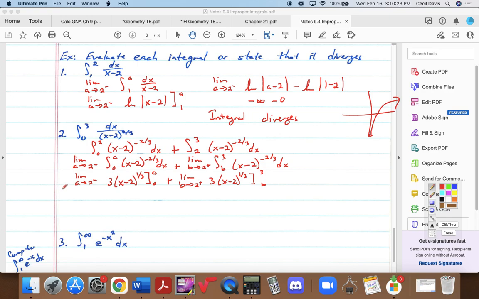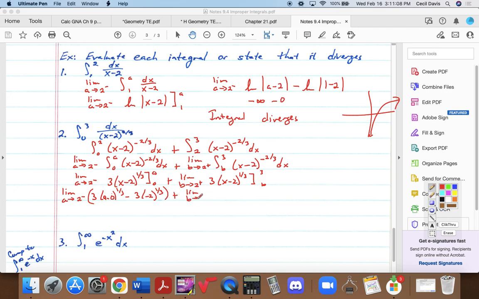And it's going to get a little bit worse before it gets better. The limit as a goes to 2 from the left of 3 times negative 2 to the 1/3 minus 3 times, oh, hang on a second, that's my fault. That's a minus 2 to the 1/3. My a and my 0 look a lot alike, which may be a reason why you should use b, or any of the letters. This will be 3 times negative 2 to the 1/3 plus